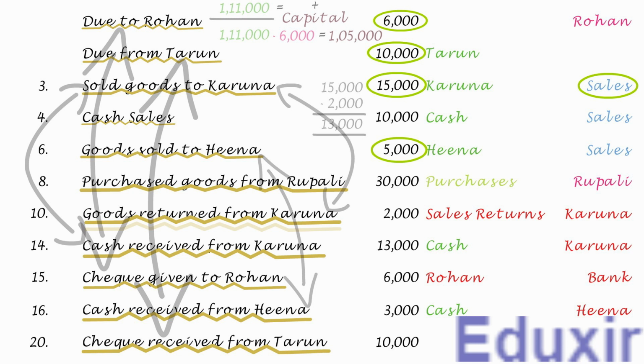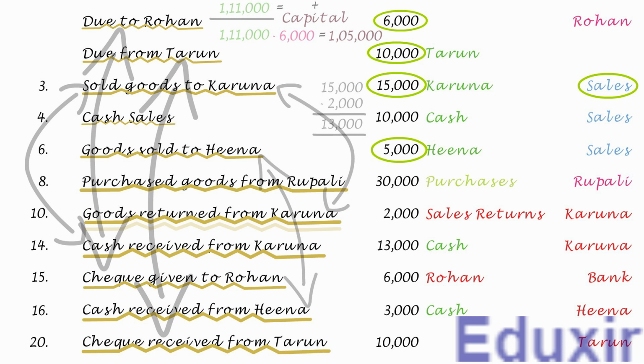As the business is receiving a check for the entire amount that Tarun owed to the business, there is no discount involved in this case. As you know, when the debtors make the payments, their liability to the business will be reduced. Note here that I am talking about the debtor's liability to the business and not the business liability. In other words, the debtor Tarun as an asset will be decreasing. The rule to record a decrease in the asset is to credit the corresponding asset account. In this case, the debtor Tarun account should be credited.